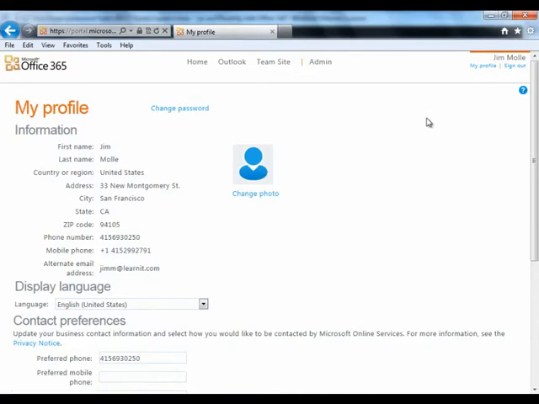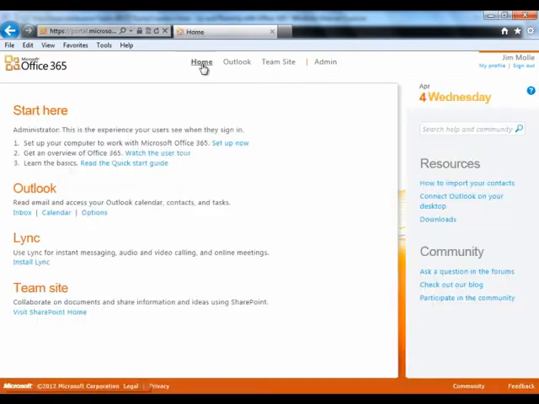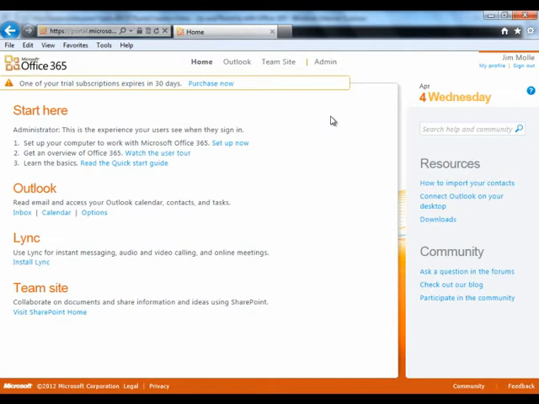You may also notice that no matter which page I'm on, be it the profile page, the admin settings, or my home page, the information in the upper right corner is always static. In other words, you'll always find your name, the My Profile link, and of course the important link that would allow you to sign out of Office 365 should you be stepping away from your computer and not want to leave Office 365 open to your personal information and allowing others to access it